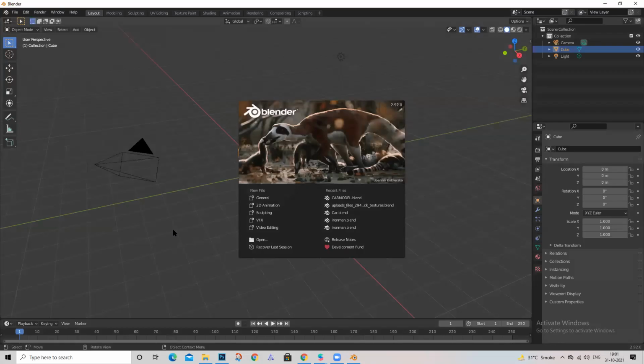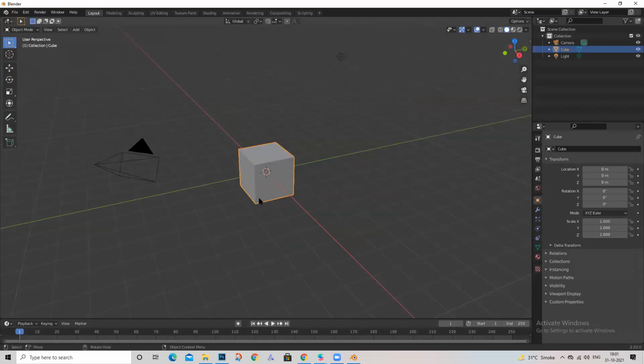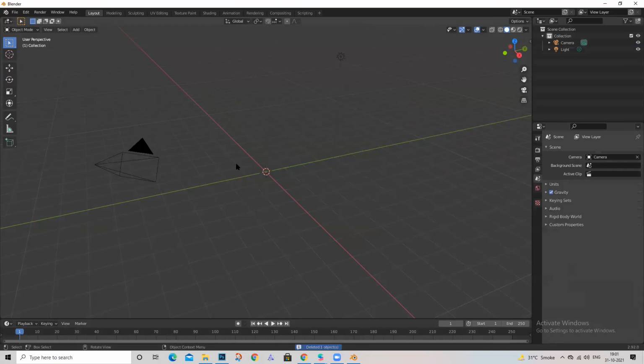SparkAR gives you something known as the SparkAR Toolkit, which is used to optimize your 3D models. How to download it and how to use it in Blender is given in the documentation on the SparkAR website, so you will have to go there and check it out.